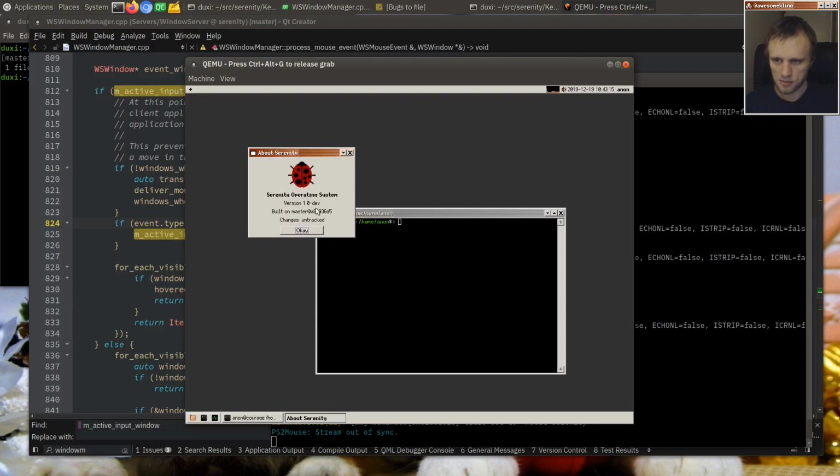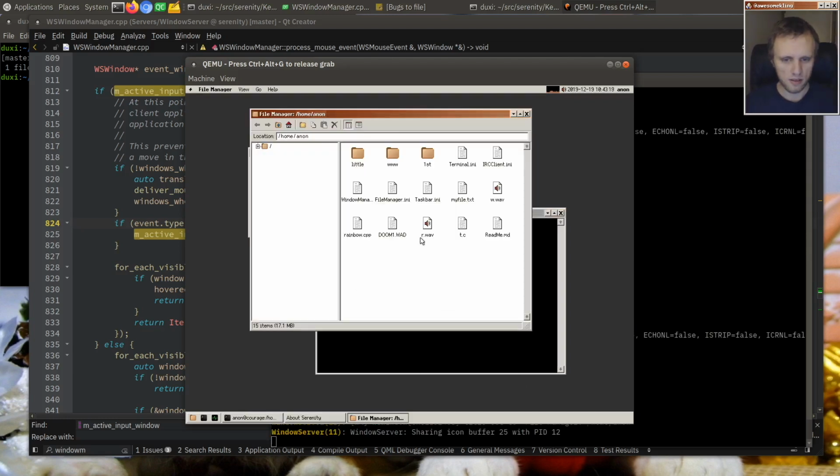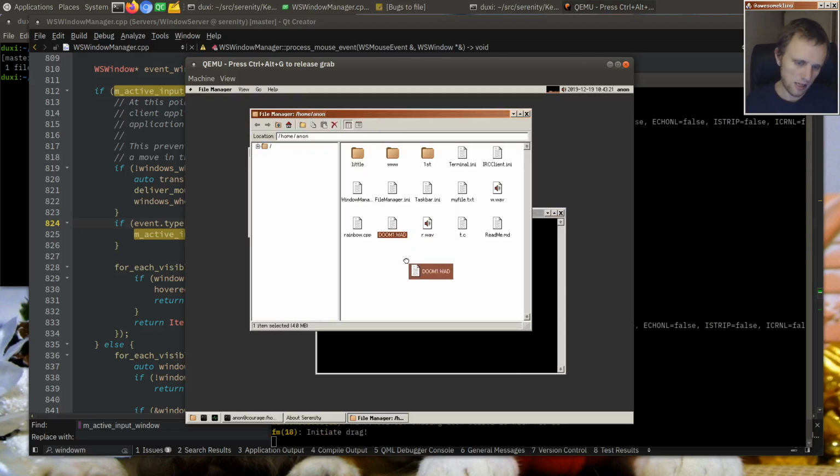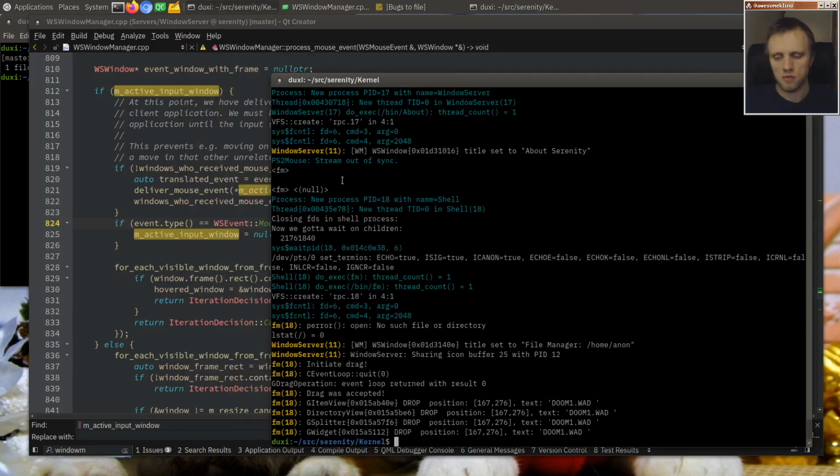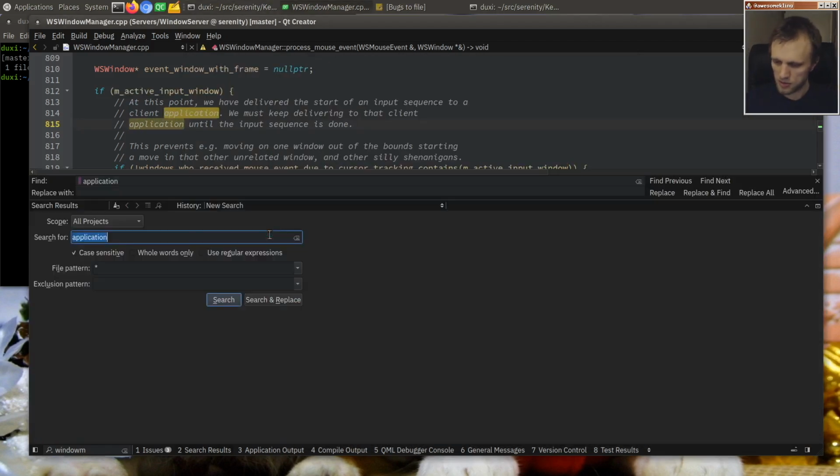So I think this is the mechanism that we are tripping up here with the drag event, because the way that we initiate the drag event is that we click down on something and start dragging it. So as far as the Windows server knows, I've clicked down on this window and I'm still not letting go of it. So that window is receiving all of the mouse events right now. But we don't want that. What we've done here is say, okay, we're dragging now. So I think by the time we start a drag